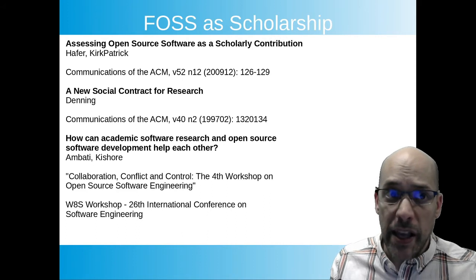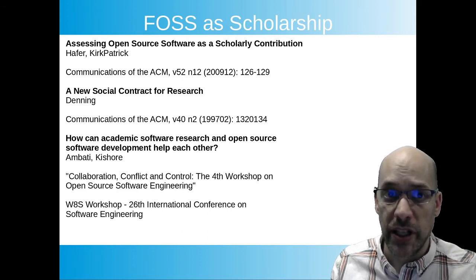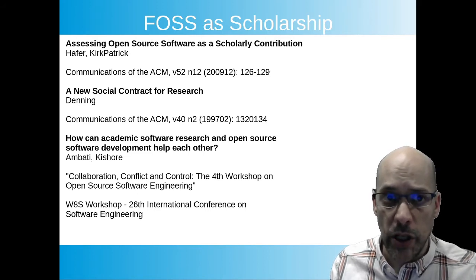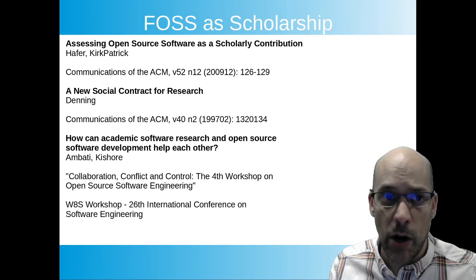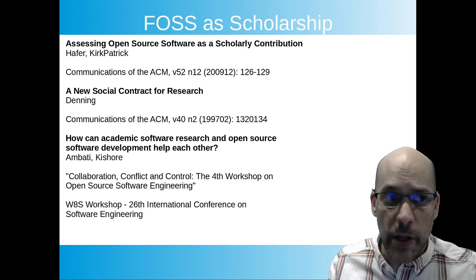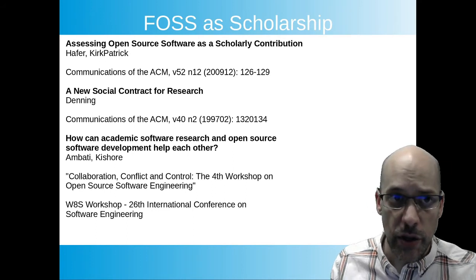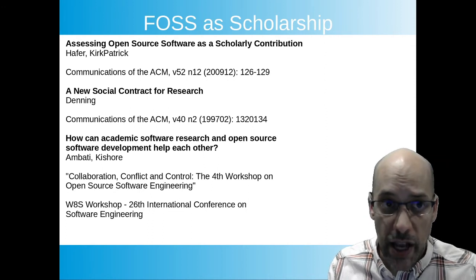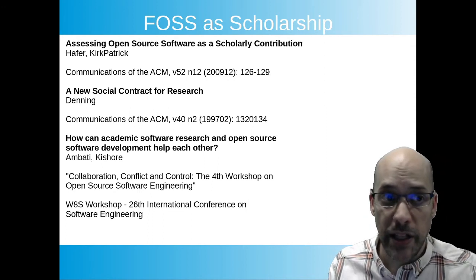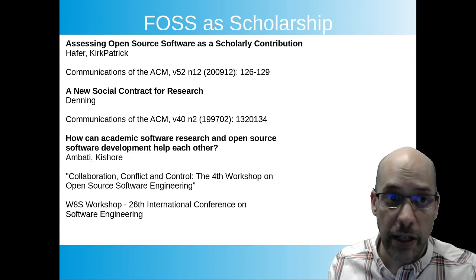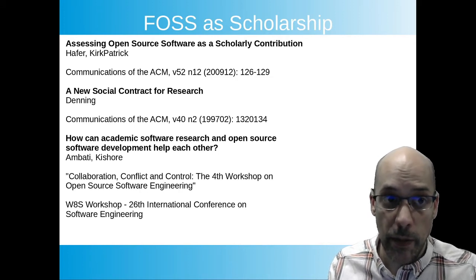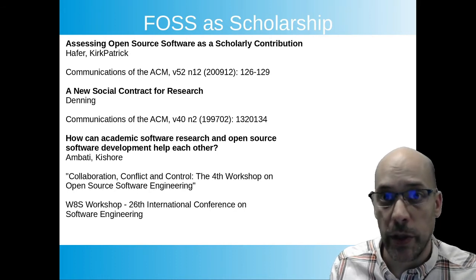For example, GitHub pull requests are a useful way to capture a single, coherent contribution and to facilitate review. They represent a small contribution, but one that is large enough to satisfy some requirement of the overall project. A formula involving evaluative criteria, such as those considered by Hafer and Kirkpatrick, for the contribution, and separately for the overall project, and a peer review process of independent FOSS-savvy scholars, similar to what Ambati and Kishore describe in their paper, How Can Academic Software Research and Open Source Software Development Help Each Other, could be a further step towards a means of properly evaluating these contributions.